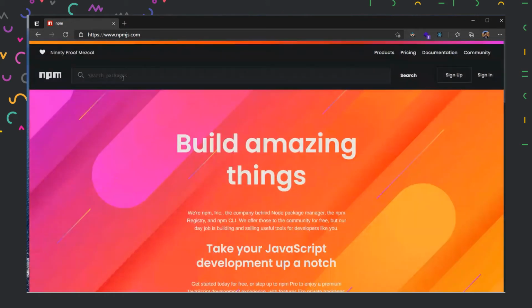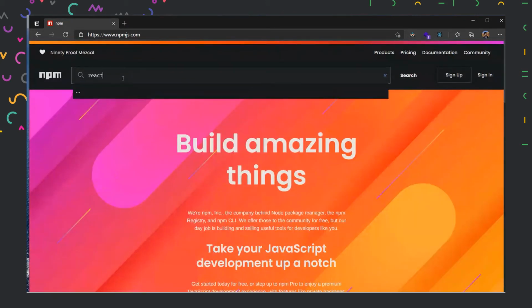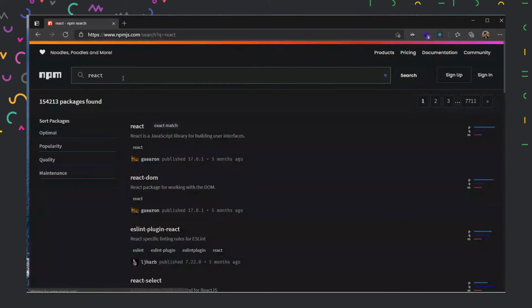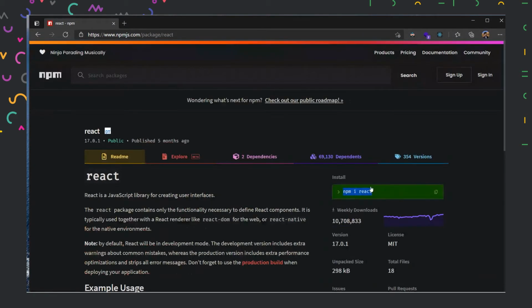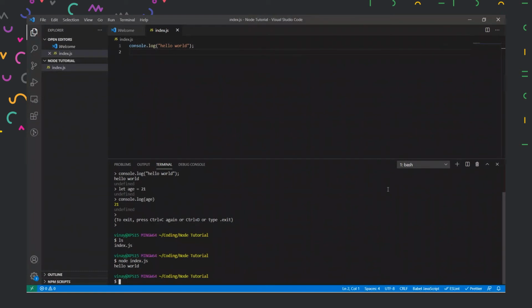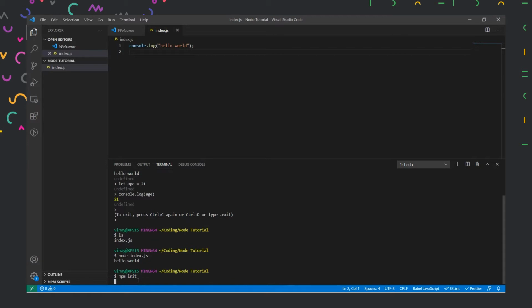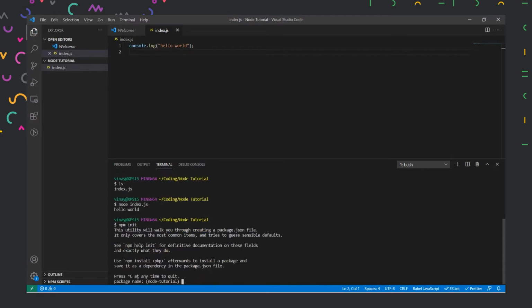If I were to search for any package I want, let's say I want to download React, this package is available here itself. We can install it by using the npm commands directly from the command line. It will show us which command we should run to install it. So if I head over to our VS Code and type npm, it should install the software we tell it. But before installing anything, we need to initialize. To initialize, we just have to type npm init, and then when I press enter, it will ask me for the details it needs.